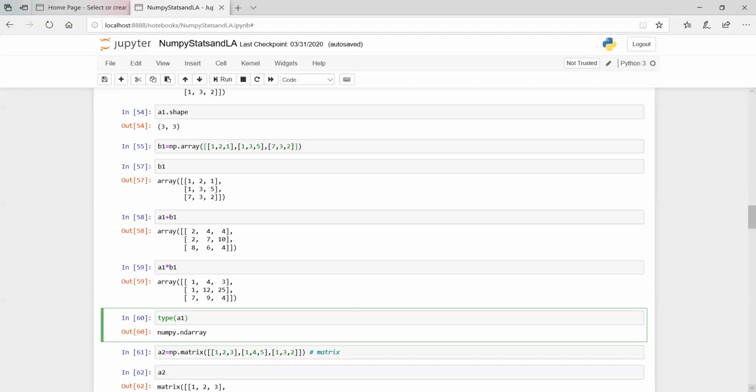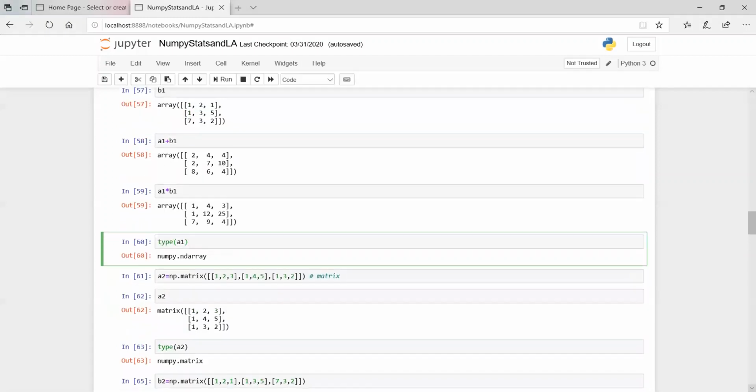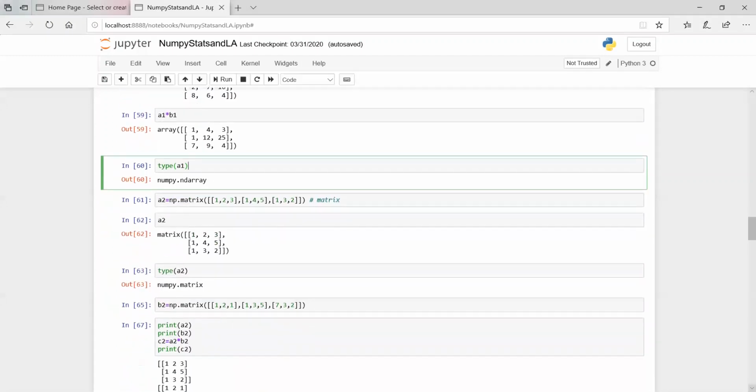So what we do now, we'll keep A1 and B1, which are numpy arrays, aside for now, and we will create two more arrays, or better to say two more matrices, that is A2 and B2, using np.matrix. Earlier we used the command np.array, now we are using A2 is equal to np.matrix. Similarly, we'll be passing the list of lists here.